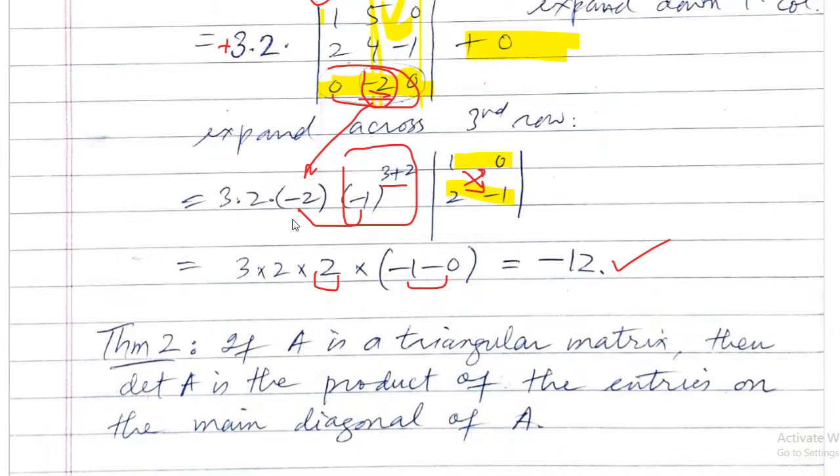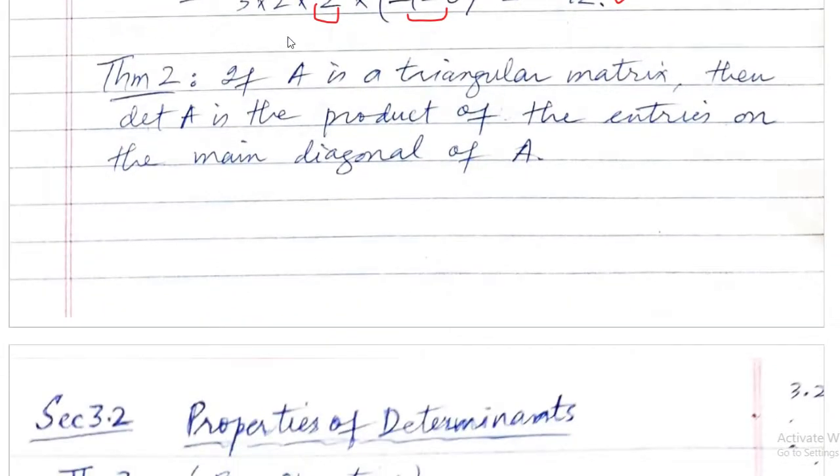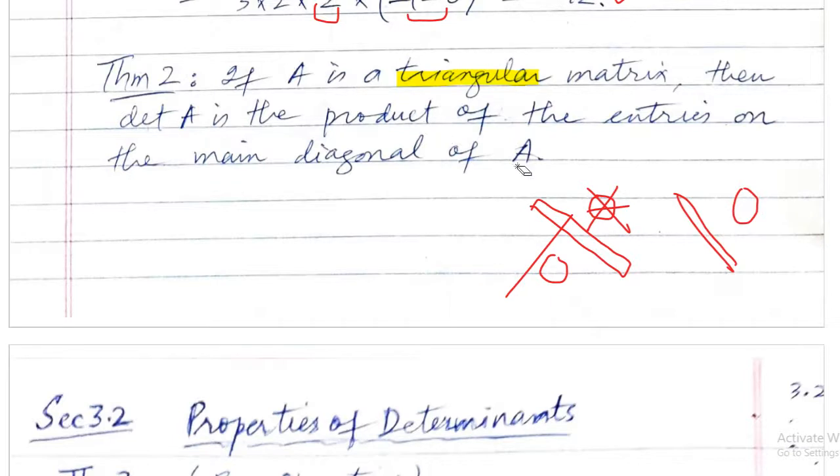Okay, we can do one more thing. If you have a triangular matrix, no matter upper or lower, remember what was the triangular matrix? When you have a diagonal, right? If all above are 0 or all below are 0. If both are 0, it's a diagonal matrix. But if either all above the diagonal are 0 or all below are 0, they are called triangular matrices, right? Above the diagonal 0 or below the diagonal 0.